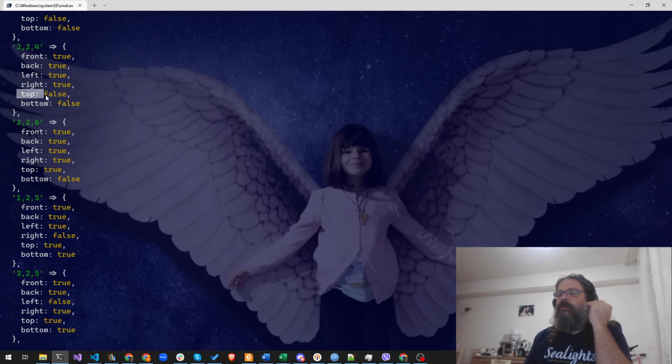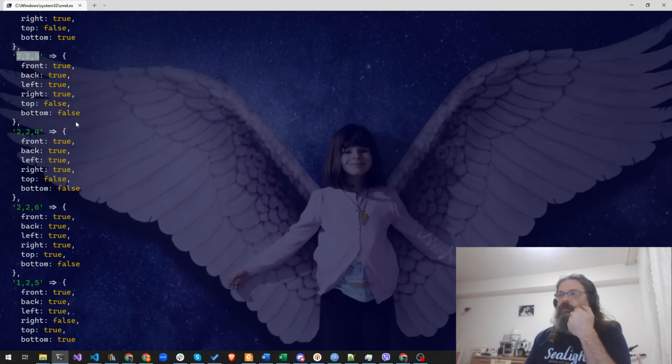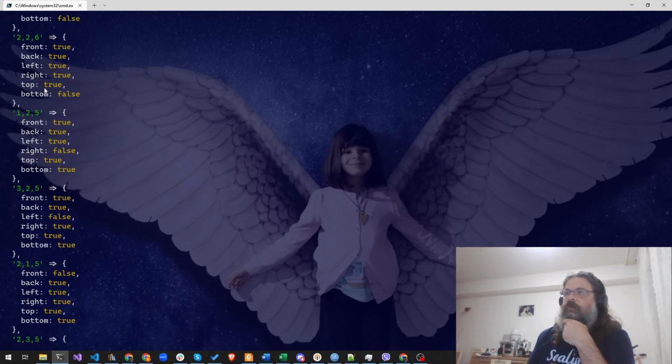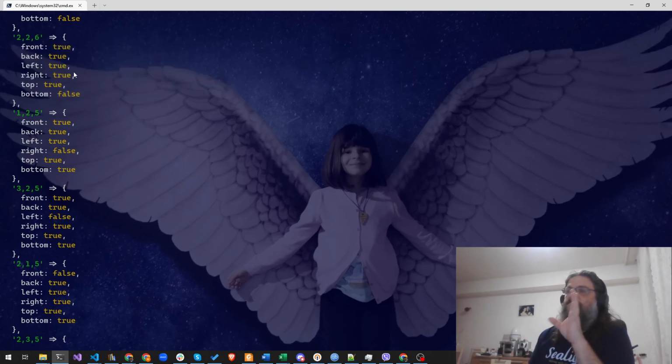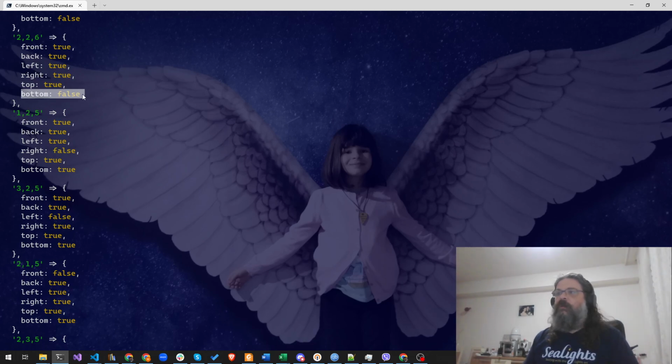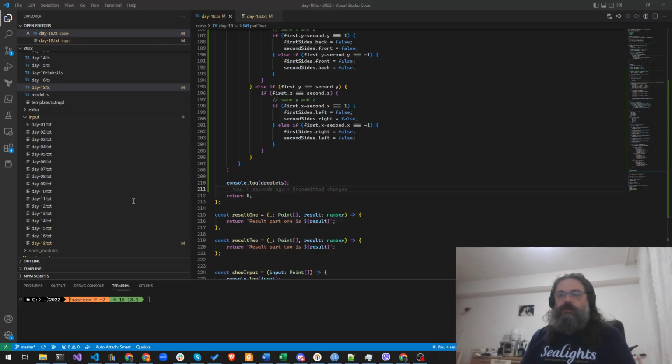But now it says that bottom is not covered, because 223 is also there, but the top is not covered as well. 226 was counted as a full 6, because it was not connecting to any other droplets, but it's connected to the 0 at 225. So this is a false, which means that now if we just say